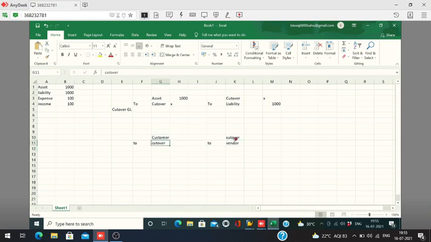Cutover is always zero. It is an intermediary account to post the initial entry to SAP. Clear? We'll learn more. If I tell you like that, when we complete, you will find out how to do this.